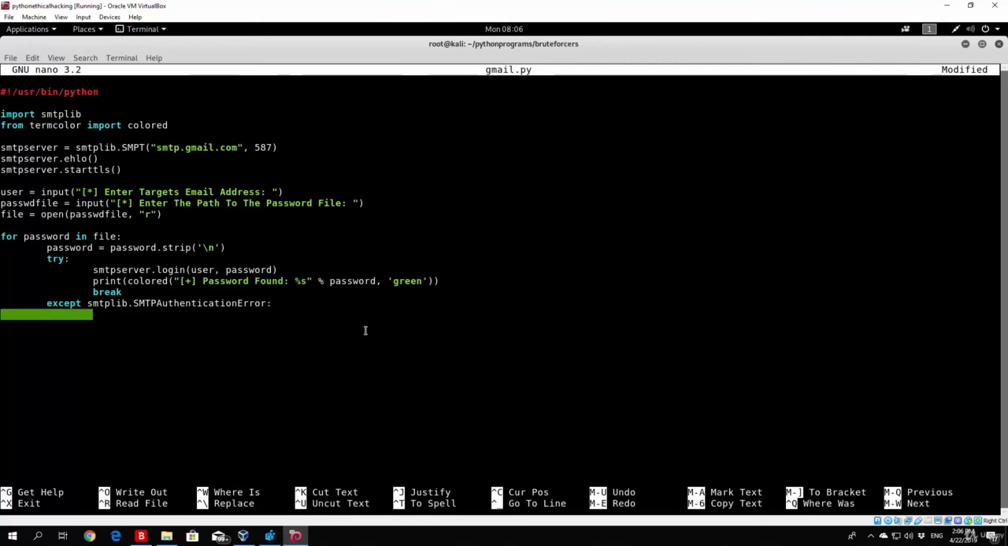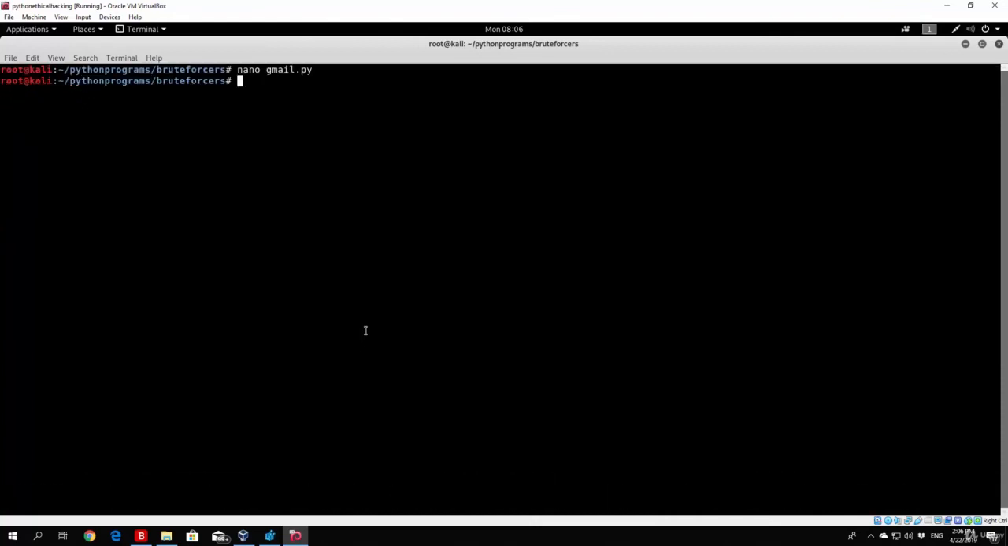In case we get this error, all we want to do is just print wrong password, since we didn't manage to actually connect to the target. So just print right here, colored, with the minus in square brackets, wrong password, and then we can add the password just like this. So comma once again, and then red, so we want to print this in red, and close 2 brackets. Now let us see if we save this, how does this work. So Python 3